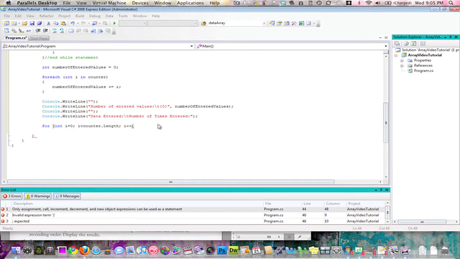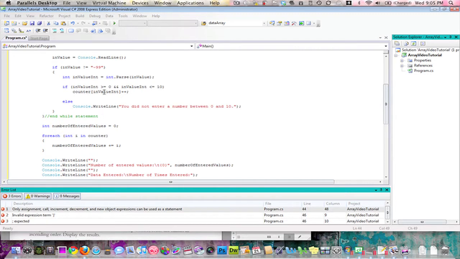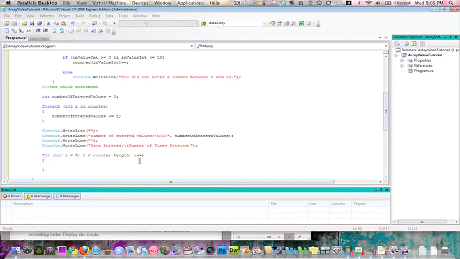And notice this little plus plus here, same thing that we used earlier on in the code, counter in value integer, increment it by 1. That little plus plus, that's just saying increment it by 1. And get our curly brackets in there. And we're going to say,